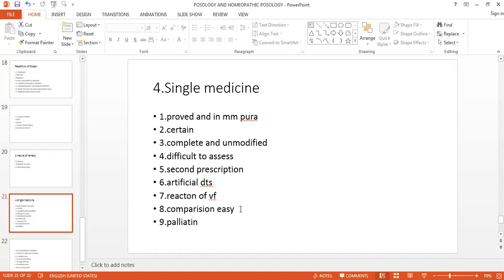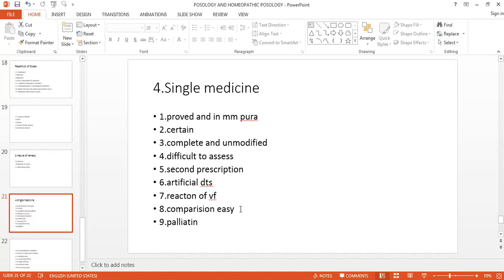Next is that a well-selected homeopathic medicine is capable of effecting cure, but administration of a few more or less similar medicines causes the palliation of the symptoms, and the cure we will not give to the patient. The prolonged palliation by using such unusual medicines may lead to the suppression of the patient.